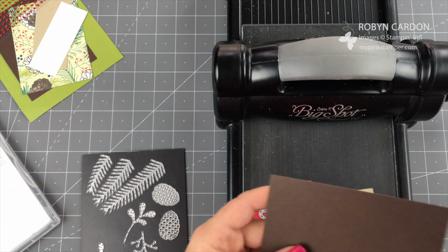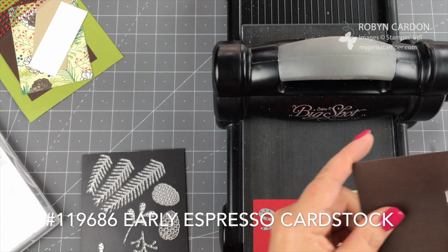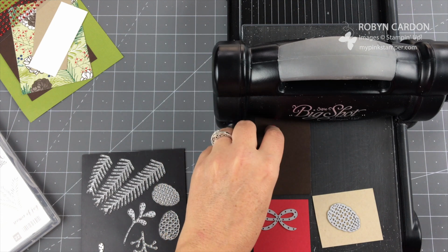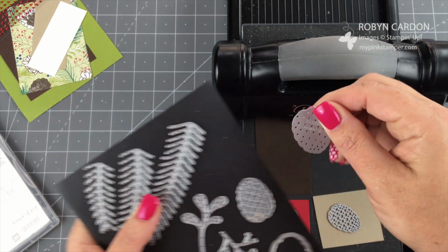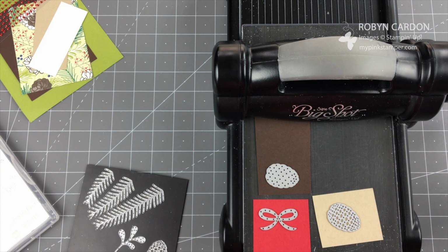And then I'm going to be cutting another pine using this Early Espresso cardstock. All you need is a little scrap. So if you have little scraps left over from other projects, this is the perfect card to make. And then I'm using this one here. Okay, and now I'm going to put the